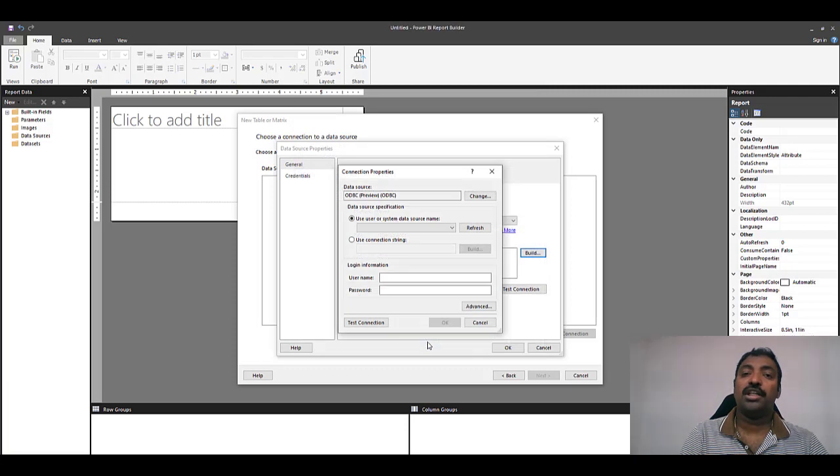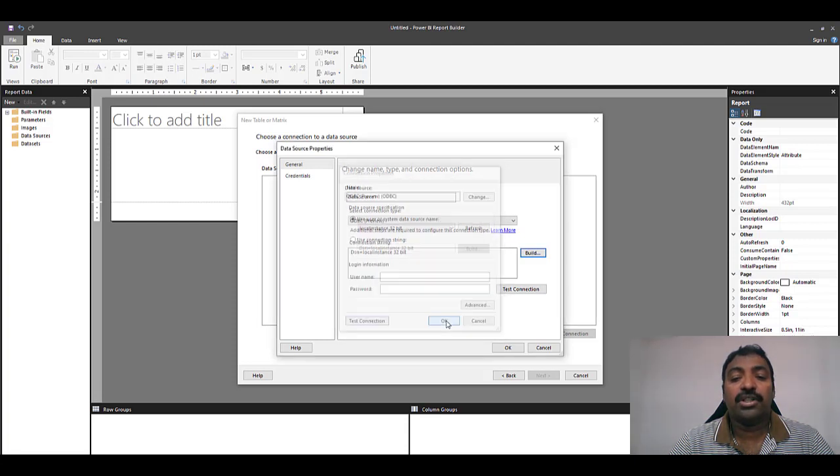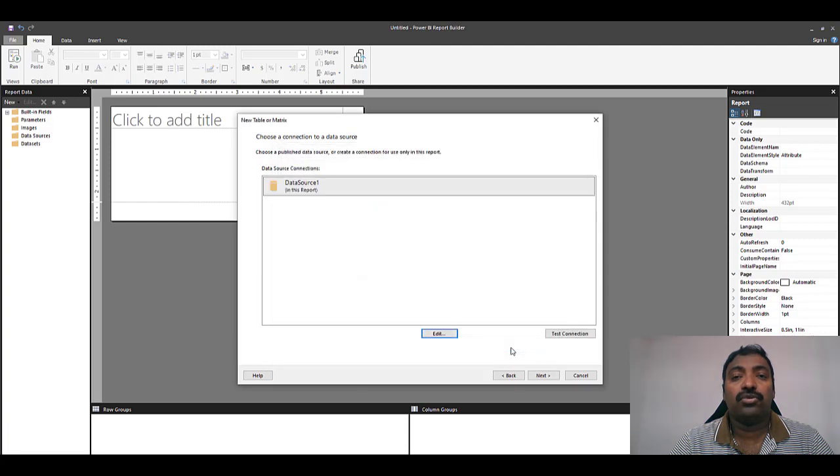So now we have created a new DSN which is 32-bit, and we have named it local instance 32-bit. Now if you come back and refresh this, you will be able to see the local instance 32-bit DSN. So keep in mind that only the system DSNs which are created using the 32-bit option will be available inside your Power BI Report Builder application. This is because the Report Builder itself is a 32-bit application. So now that you have selected that, you can click on test connection once again. Once the test connection is connected, you can click on OK, click on OK again to close the window,